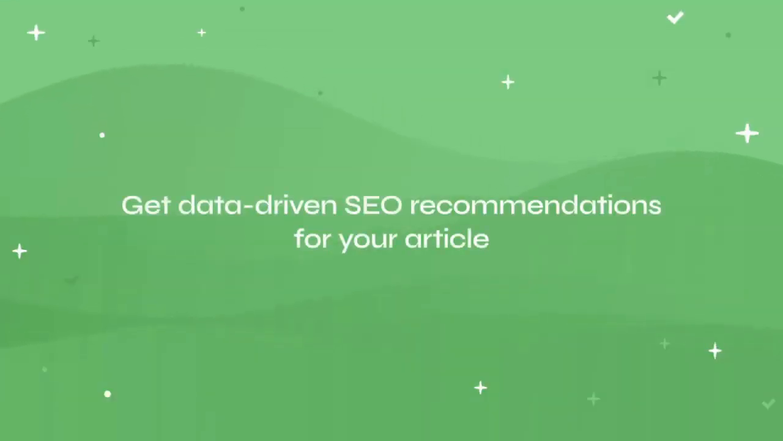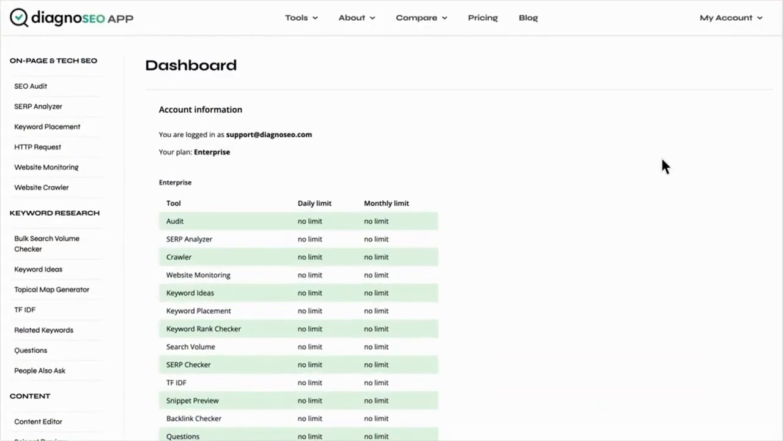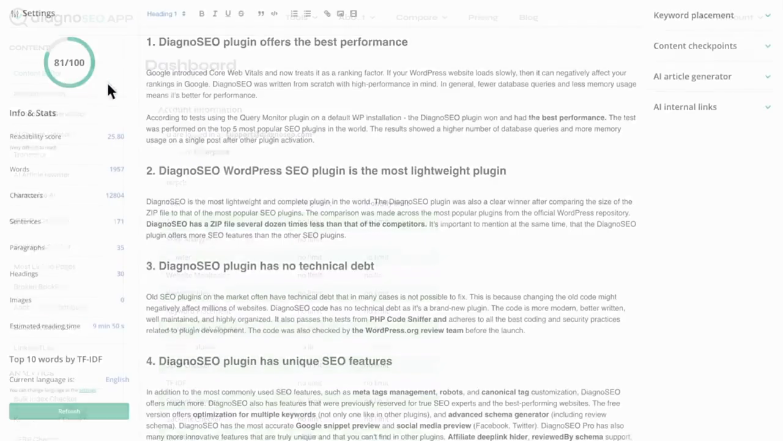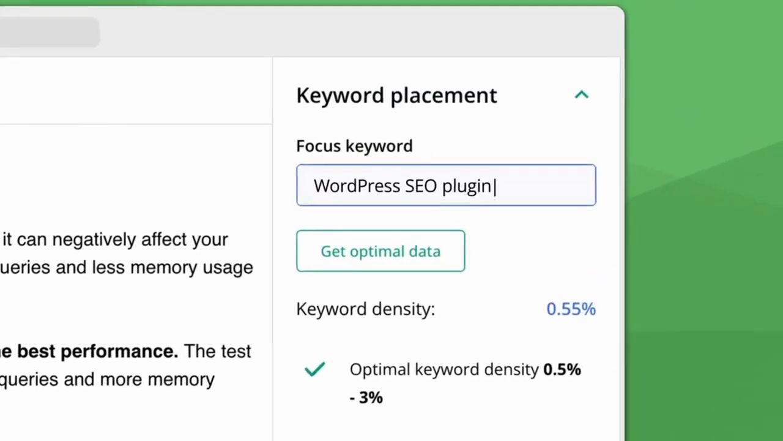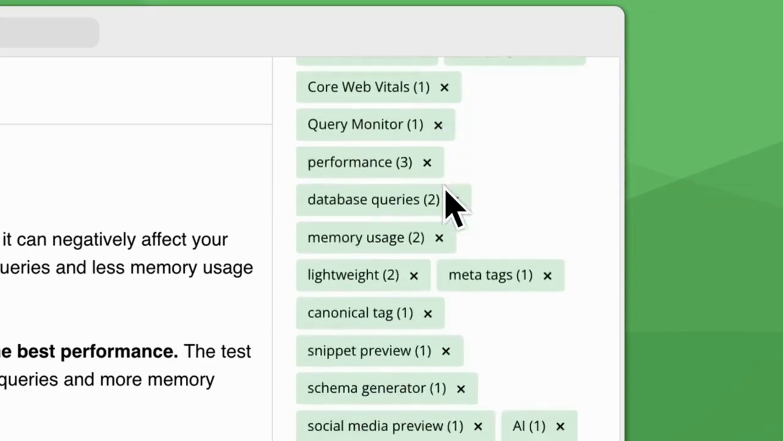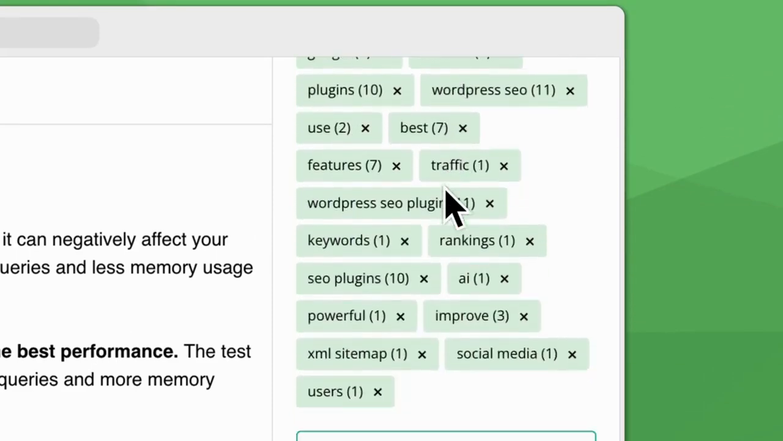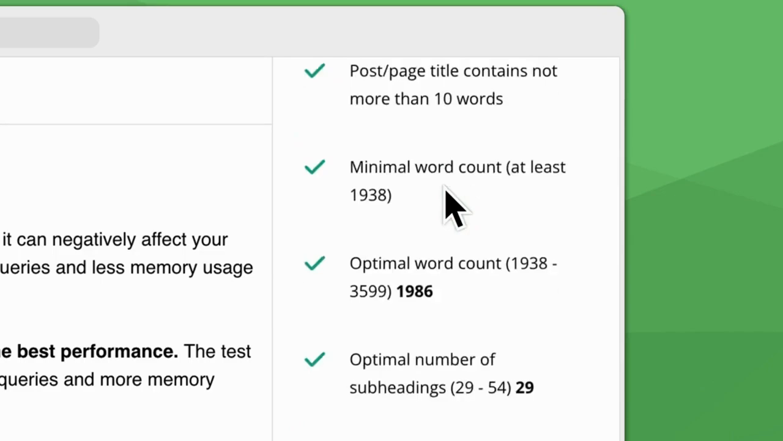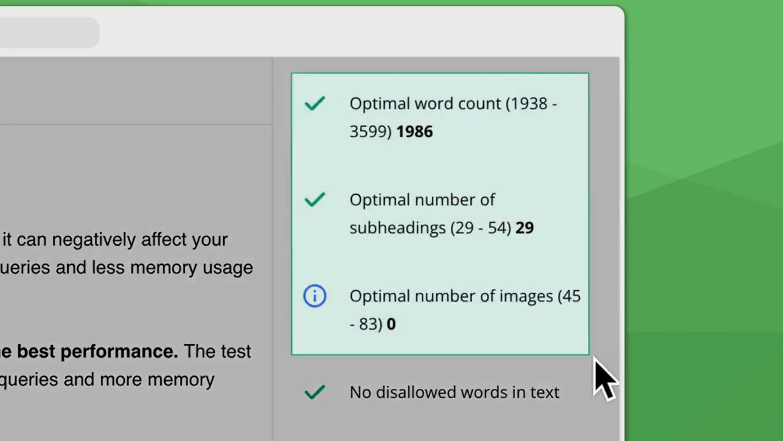Get data-driven SEO recommendations for your article. Now, let's focus on optimizing your articles with data-driven recommendations. The SEO Content Editor provides SEO recommendations based on search engine result page analysis. This helps you optimize your articles for better